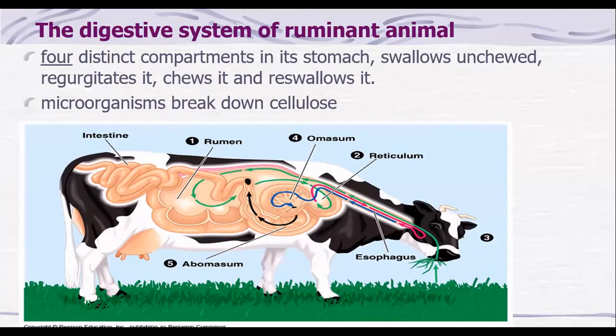Let's discuss the digestive system of the ruminant animal. There are 4 distinct compartments in the stomach. They swallow, they chew, they regurgitate, and they also swallow it back. Now, digestion starts from the mouth after they chew the forages and the grasses, and digestion means the breaking down